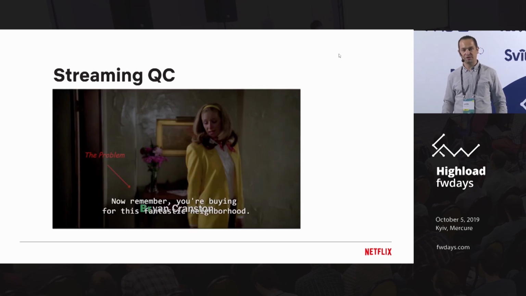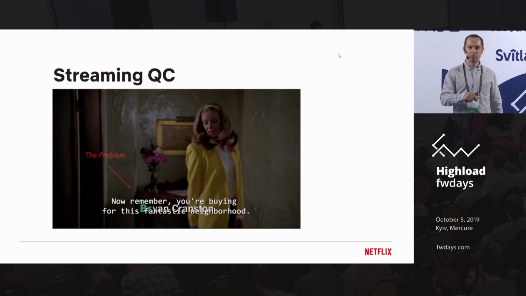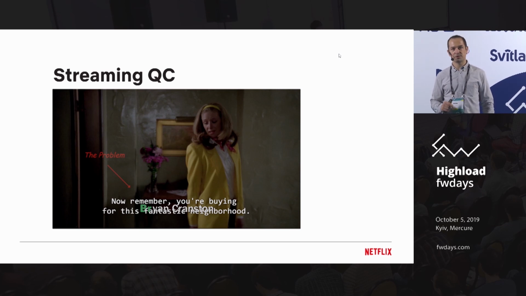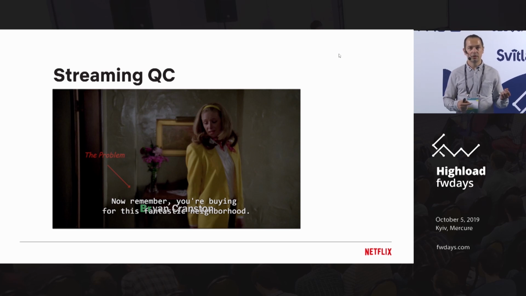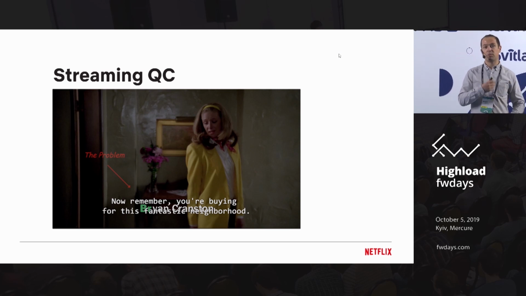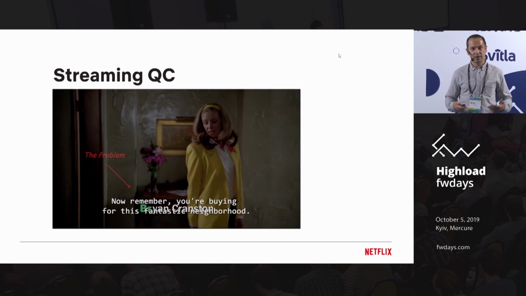Another interesting problem arrives here. So this is a name of the actor being overshadowed by subtitles. To find this problem, you actually need to watch all the movies in all the possible subtitles and find the collision. It's really hard for a human. At least it costs a lot. So if you could do that with machines, that's just simpler and faster.